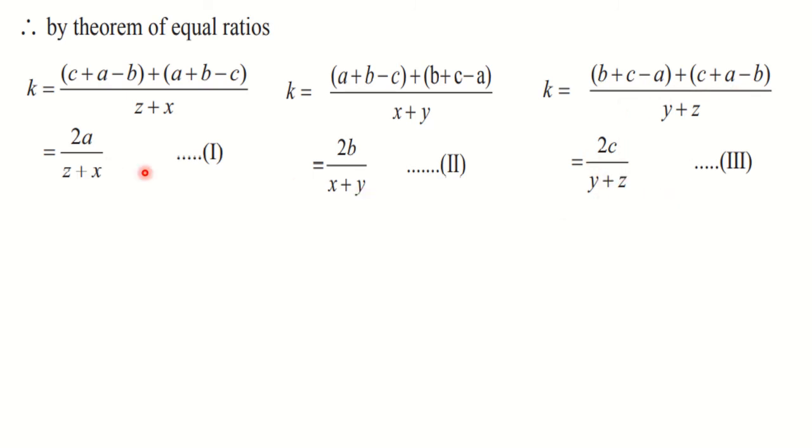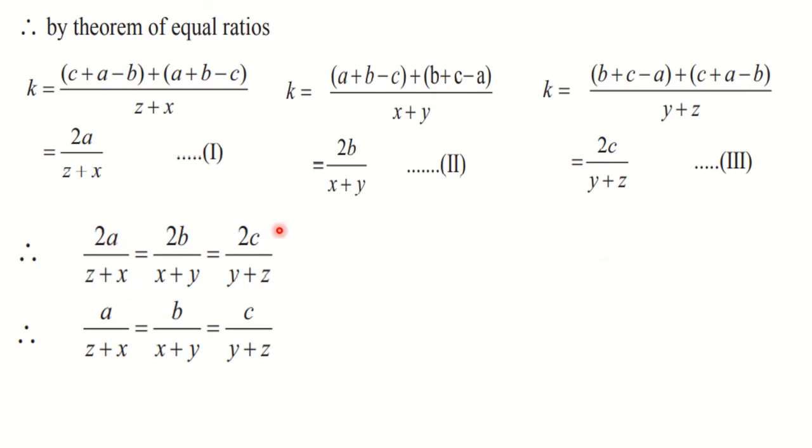So see, all these three, 1, 2 and 3, are the values of k. Therefore, we can write down these three values as equal. Okay. So, written equal. Afterwards, you will observe that this 2 is everywhere. So when we divide by 2, that 2 will get cancelled and we will get our required answer. Okay. I hope you must have understood this question. It is a little bit lengthy, but it is not difficult at all. You need to understand what you should do by observing the question here. And accordingly, if you do, you are going to get the answer.